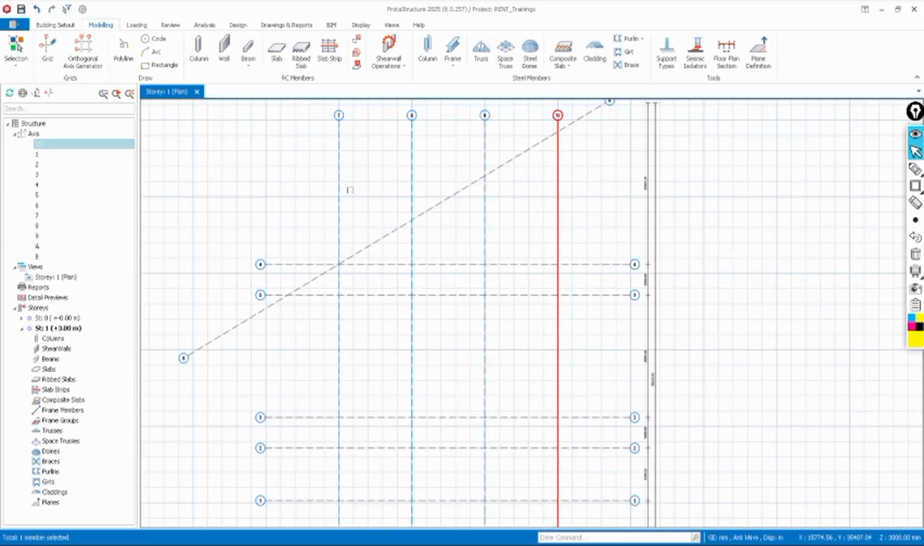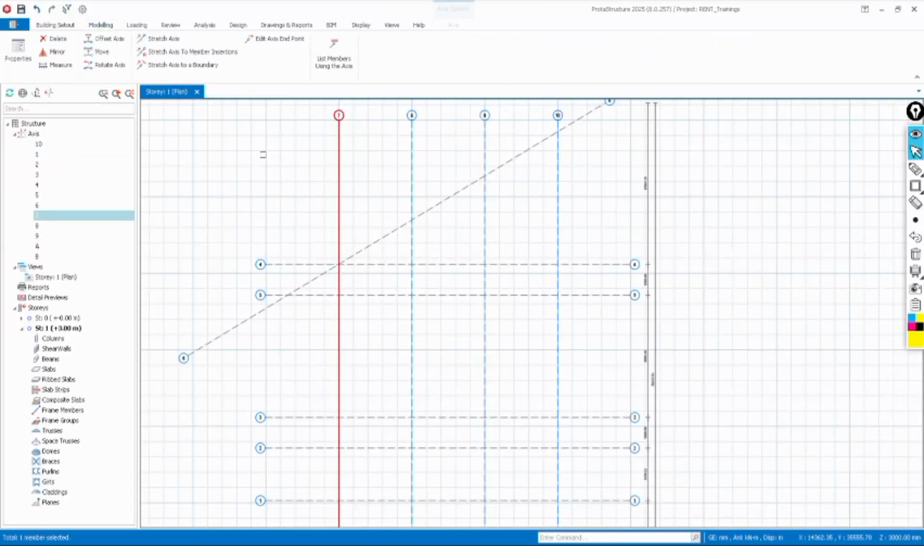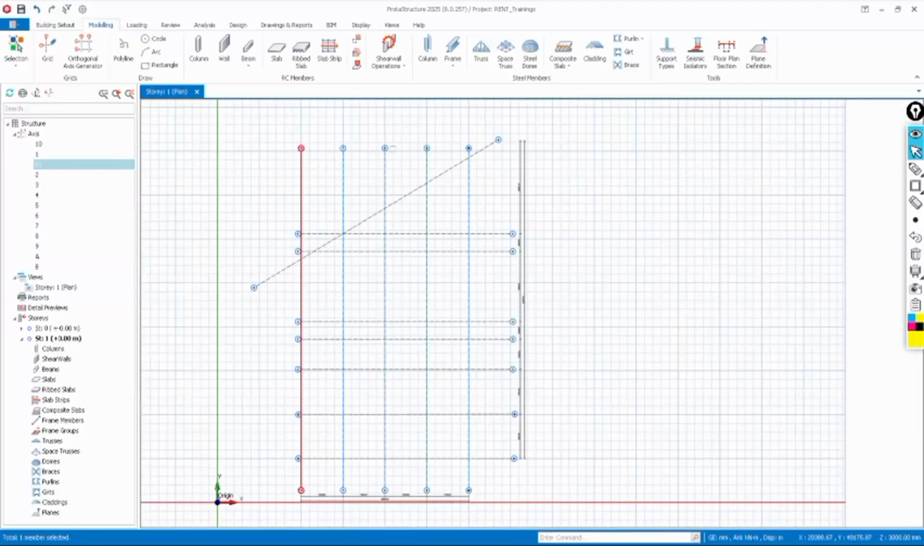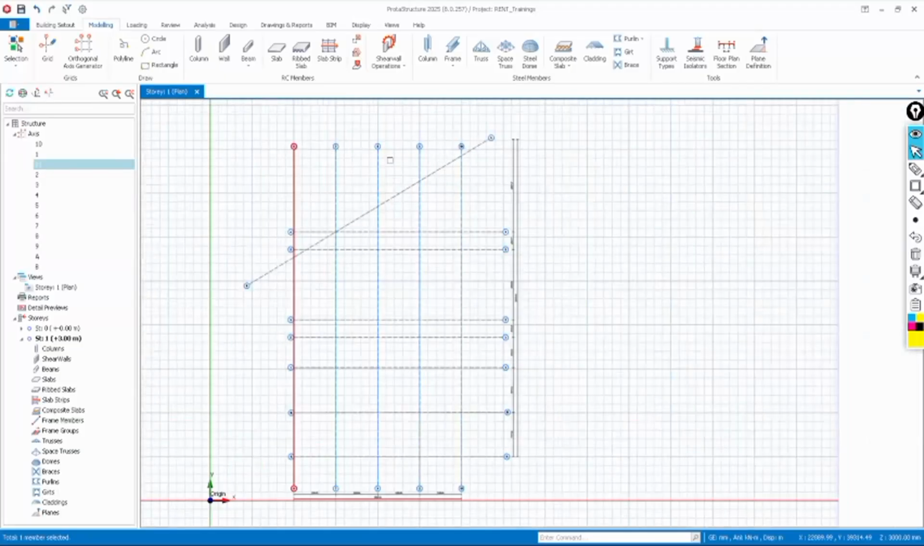Now to offset this axis to the left, what I can simply do is to select the axis, say offset axis, and then press F2 key on your keyboard and then say minus 5,000 millimeters and then say enter. So as you can see, the axis has been offset on the other side of it. Then press escape to stop the axis offsetting function. Okay,